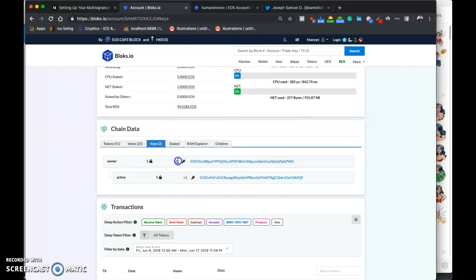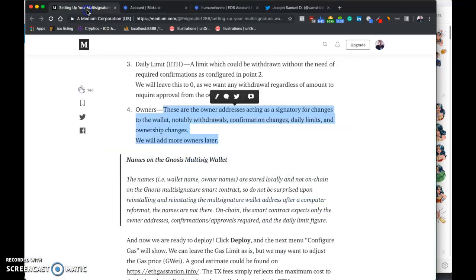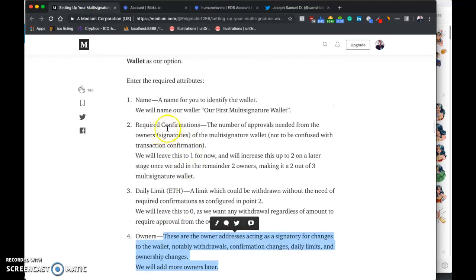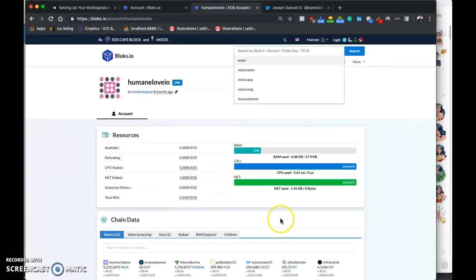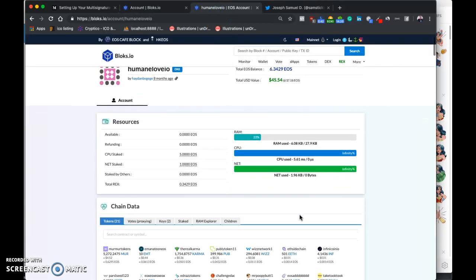Now this one here and this one here is what is called threshold and what is referred to as required confirmations here, right? So that's what it means. Now let me give you a practical example of a multisig that I did. So this is Humane. Humane is actually a blockchain